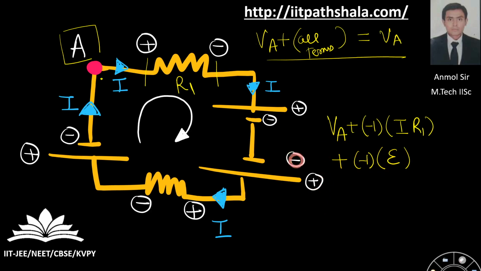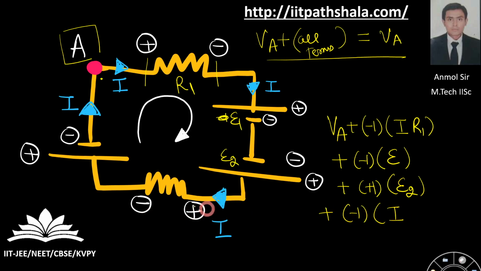Now in this battery you are traveling from minus sign to positive sign. So you are increasing in number. Okay. So you have to multiply a positive one. Okay. Now in this resistance you are traveling from positive to negative. Then you have to multiply a minus 1 with the voltage across this resistor. Okay. Now for this battery you are traveling from positive to negative. So you are decreasing in the number line. Again a minus 1 will come.